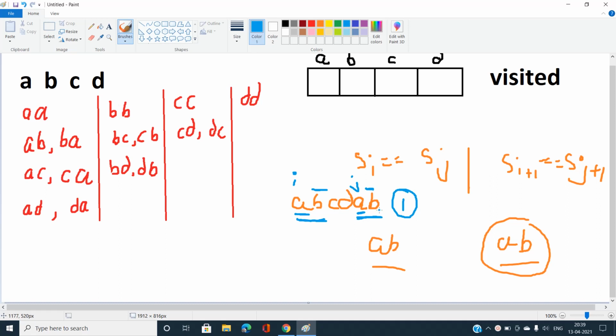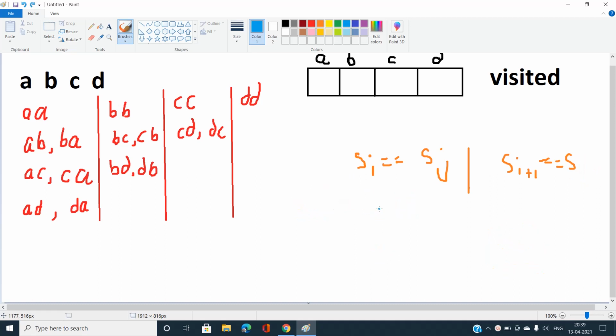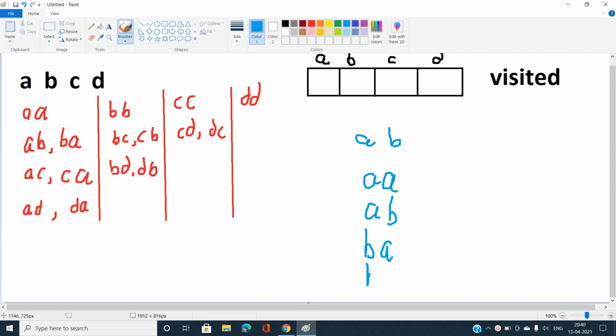Let us understand this in a much simpler way. The simpler way is that we need to consider the total number of possible distinct substrings of length 2. If we have been told you have only two characters, A and B, then what is the total number of distinct substrings of length 2? You have AA, AB, BA, and BB. Yes, I think these are the distinct substrings. There are only four distinct substrings.